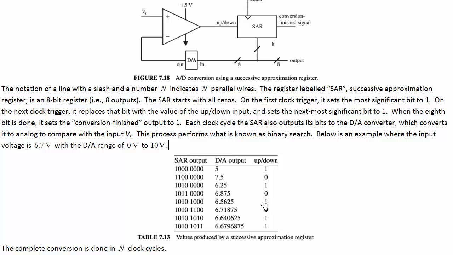6.5625. It says it's higher than that. Okay, so we guess halfway between there and that interval. 6.71875. It says lower. 6.640625. Higher. 6.6796875. It says higher. And now we don't really do anything with this one because we're as accurate as we're going to get. As close as we can get, it's this binary number, which corresponds to this